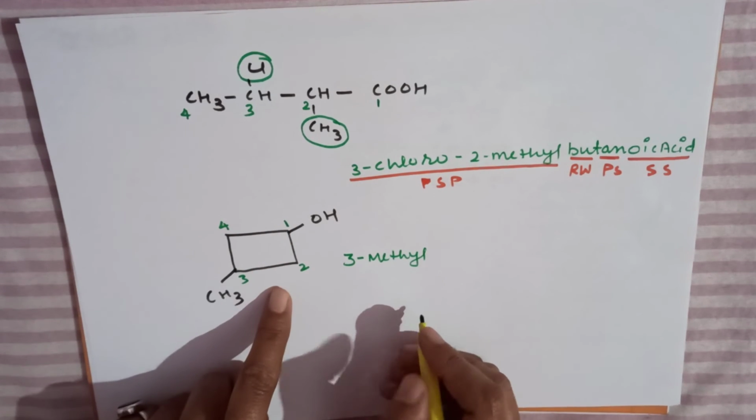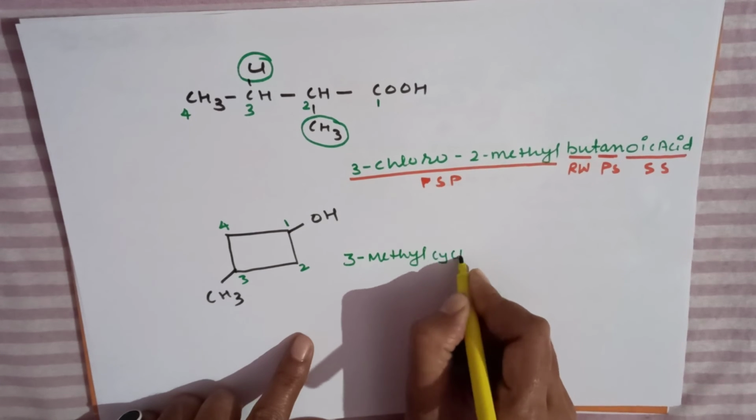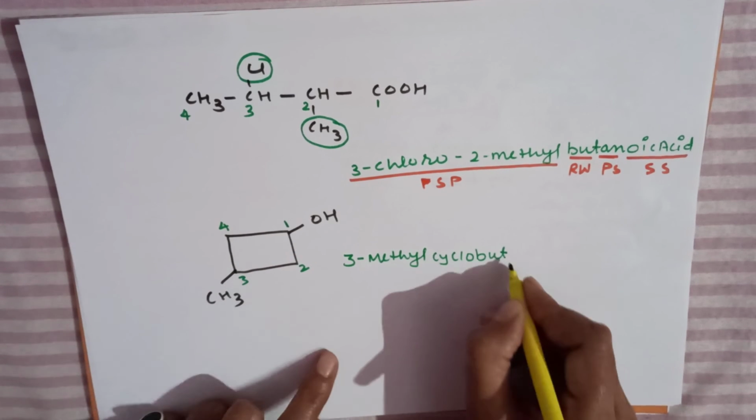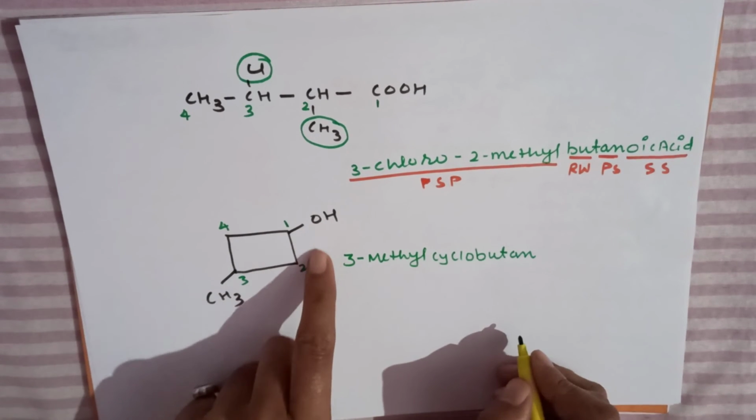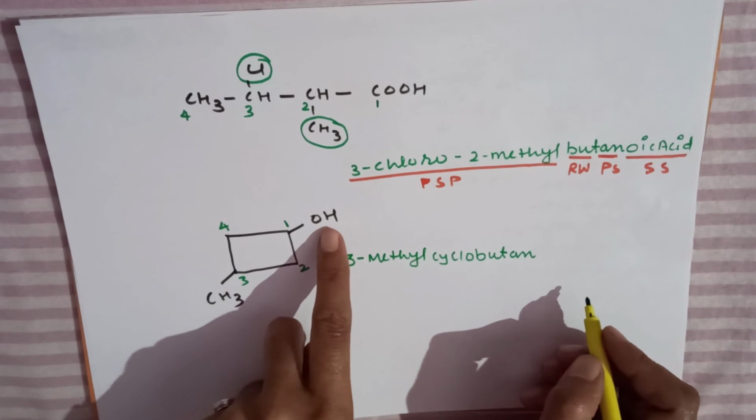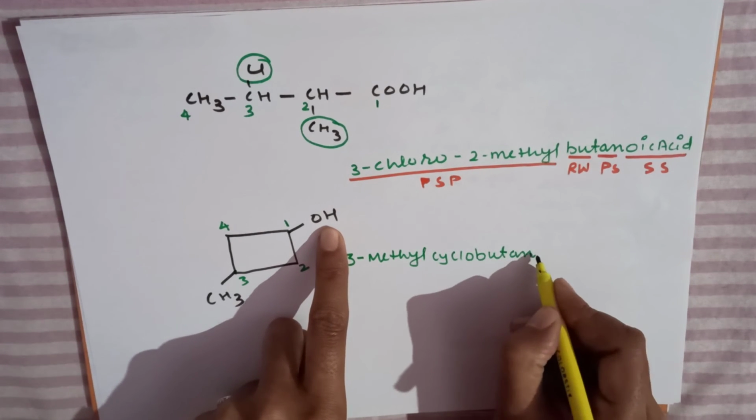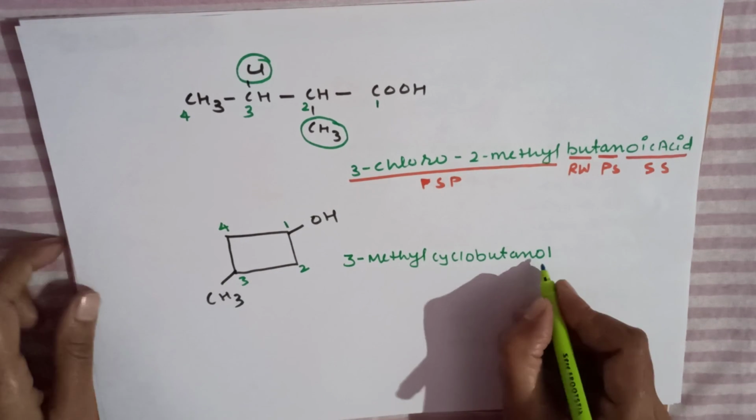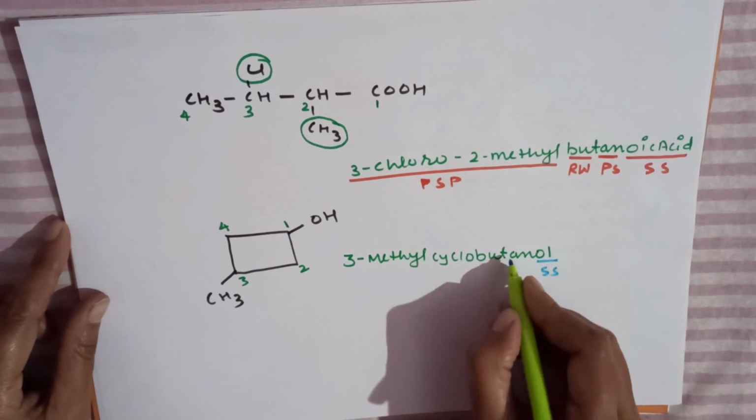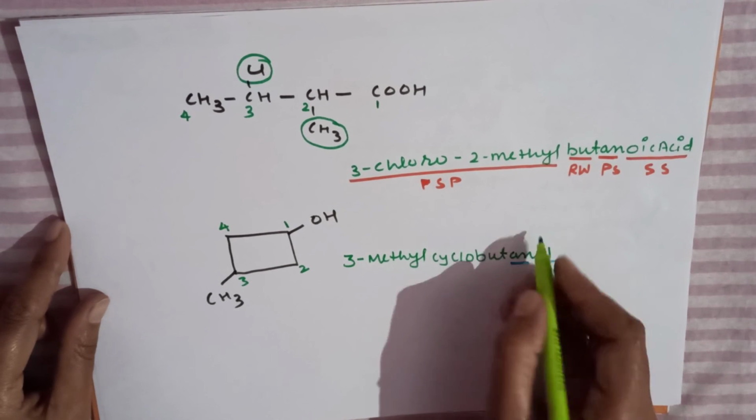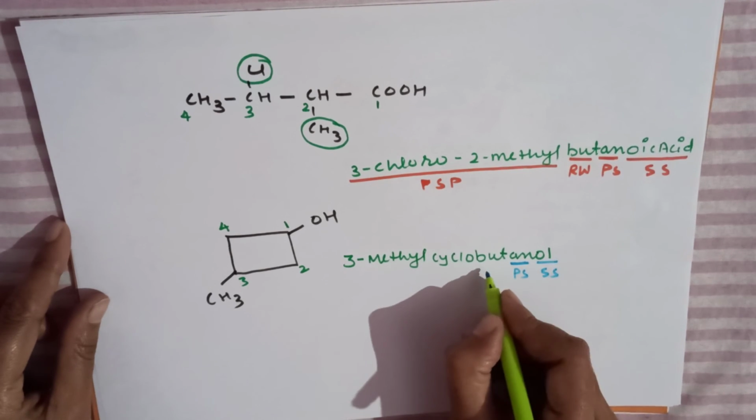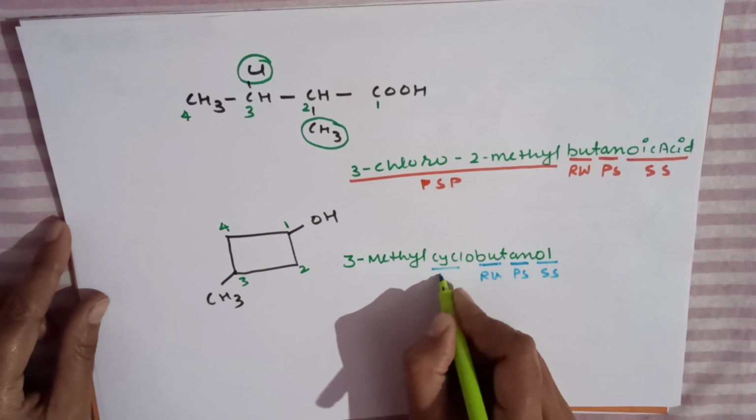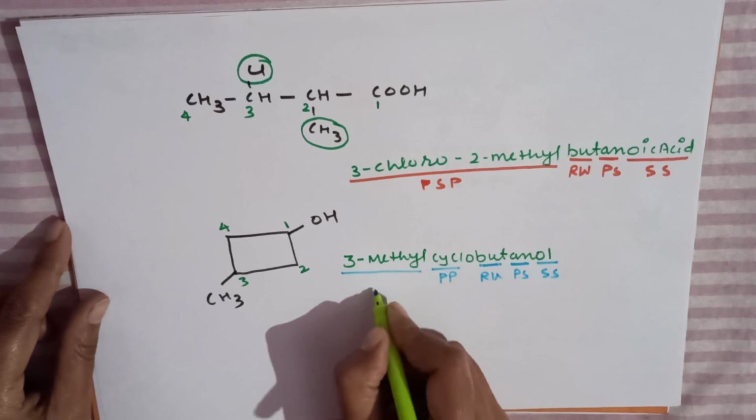Now this is a cyclic structure. So we will write cyclo. How many carbons? 4 carbons. So but. Single bond, then I have written an. E I will not write because the suffix starts from o. So butanol. Now let us see. Ol is the secondary suffix, an is the primary suffix. But is the root word. Cyclo is the primary prefix. 3-methyl is the secondary